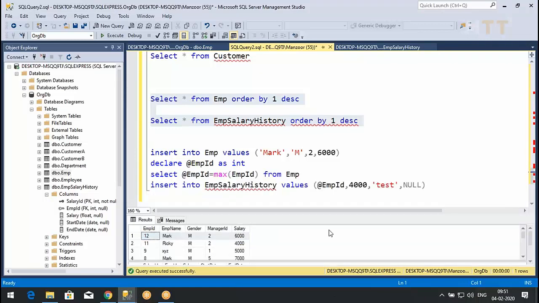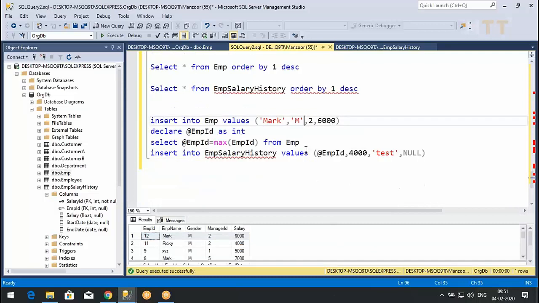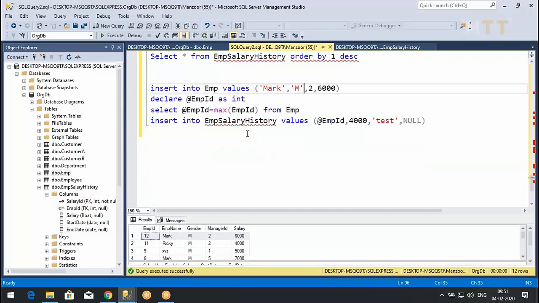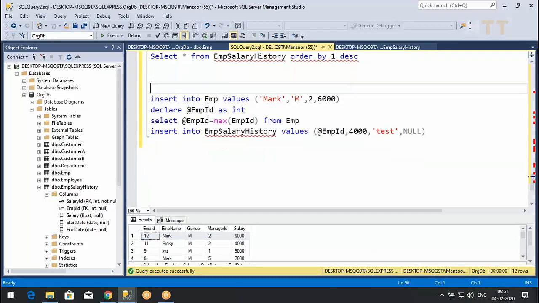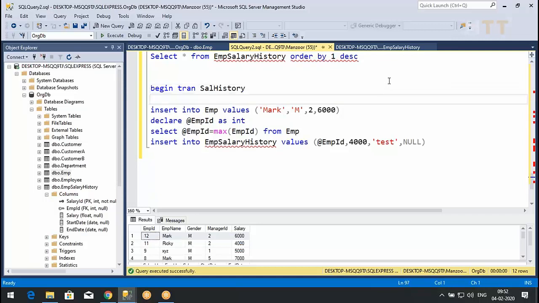Let us implement a transaction. Are you all getting things? Those who are online, how to write a transaction? Same. Yes, sir. Try. So I'll say begin tran salary history, right?